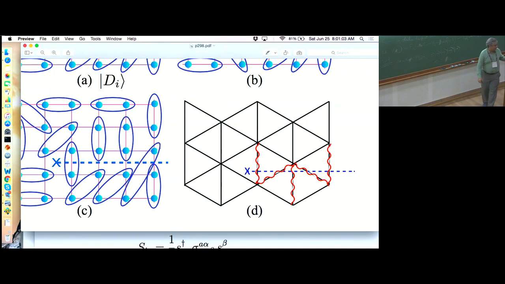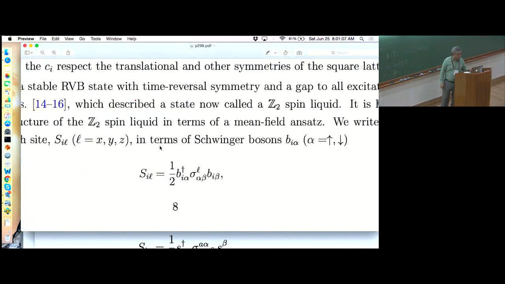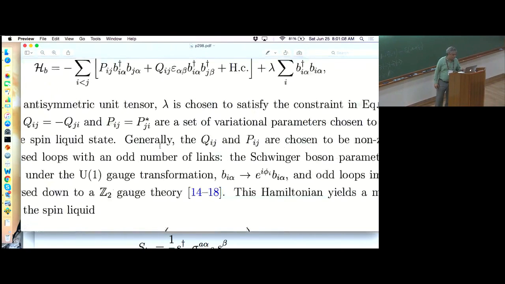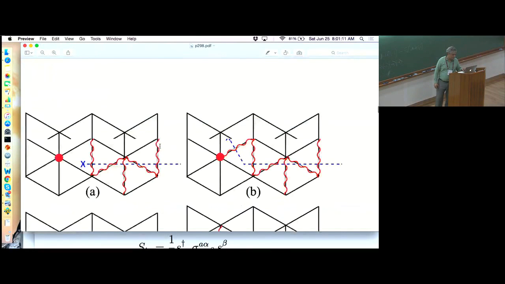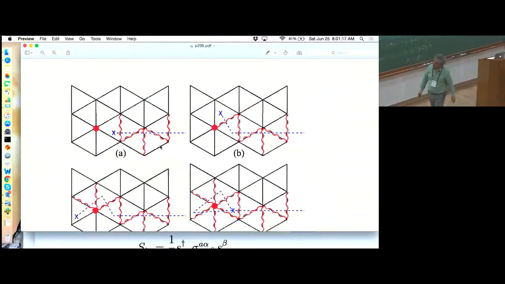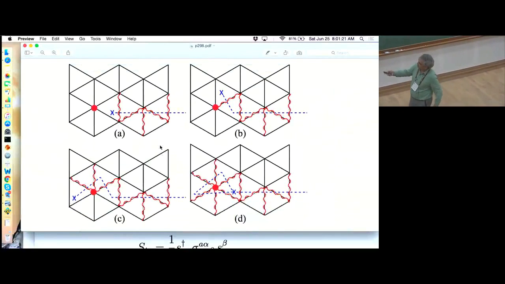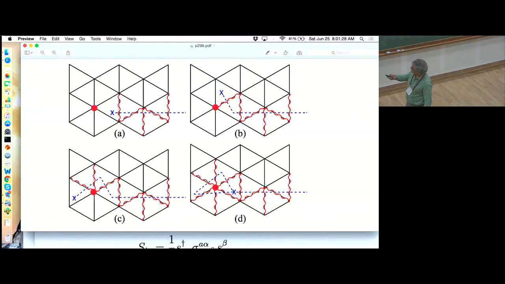Okay, and finally, the most important thing, which really tells you this is a Z2 gauge theory. So there's a long, complicated way of doing all of this. You do this process where you move a magnetic charge around an electric charge. Here was an electric charge and a magnetic charge with a branch cut. And you move the magnetic charge all the way around. As it moves, you get more and more of the branch cut. Okay, and now you have this branch cut that comes back and then goes out.